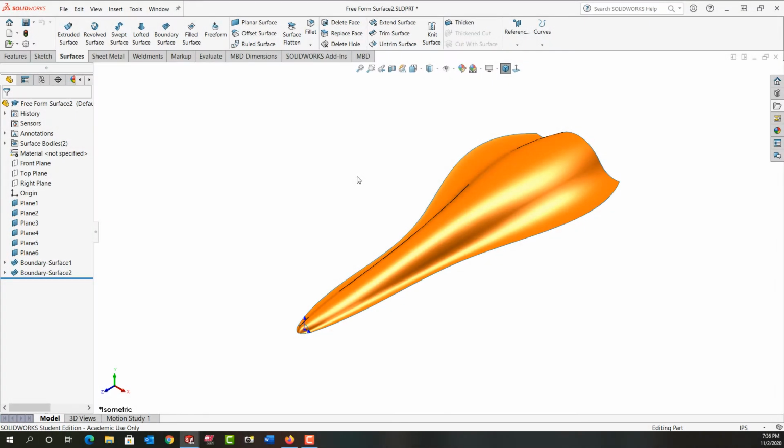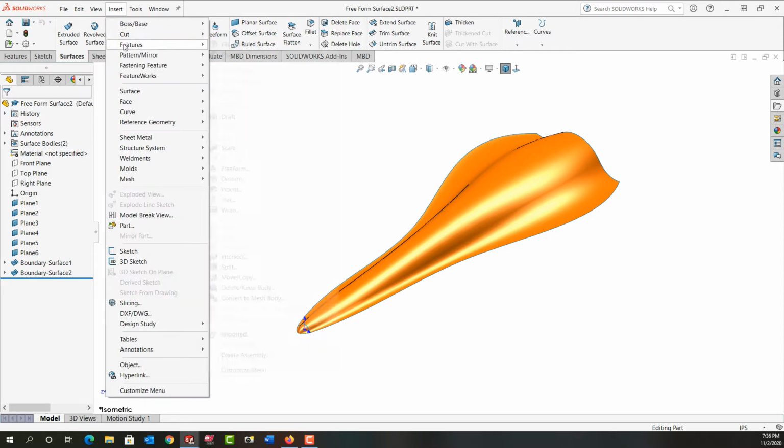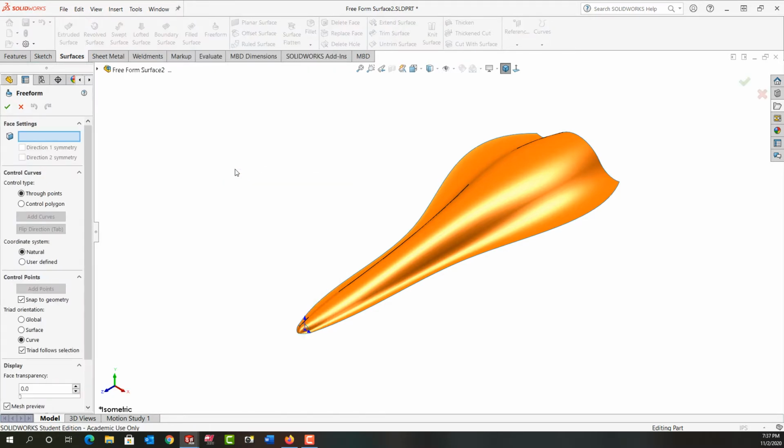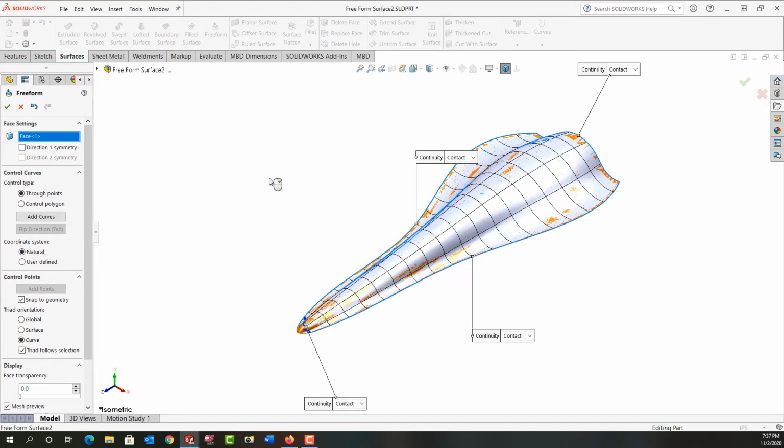In this video, I want to demonstrate how to use the Freeform tool. So I'm going to go to the drop-down menu, select Insert, Features, and then I'm going to come across and down to Freeform. As the face to Freeform, I'm going to select this surface here, and then I want to control it through